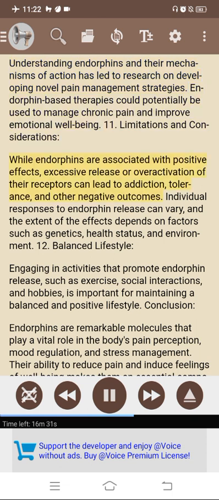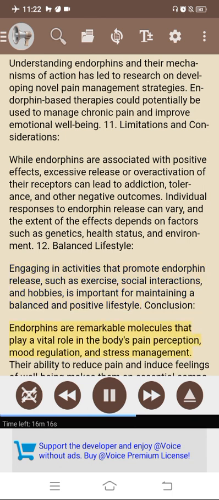11. Limitations and considerations. While endorphins are associated with positive effects, excessive release or overactivation of their receptors can lead to addiction, tolerance, and other negative outcomes. Individual responses to endorphin release can vary, and the extent of the effects depends on factors such as genetics, health status, and environment. 12. Balanced lifestyle. Engaging in activities that promote endorphin release, such as exercise, social interactions, and hobbies, is important for maintaining a balanced